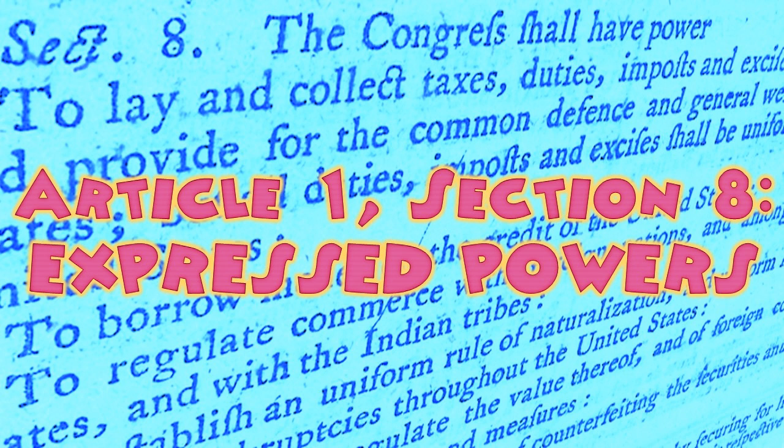All right, that's it. That's the expressed powers of Congress. We're going to find all these in Article 1, Section 8. These are expressed, but we'll talk about the implied powers that would go with these. We'll talk about all the different things that Congress does, and we'll talk about the lawmaking process that would impact each of these policies in the next couple days.